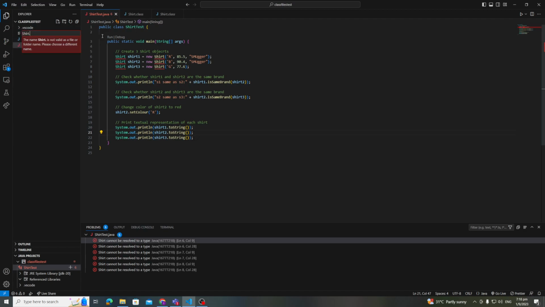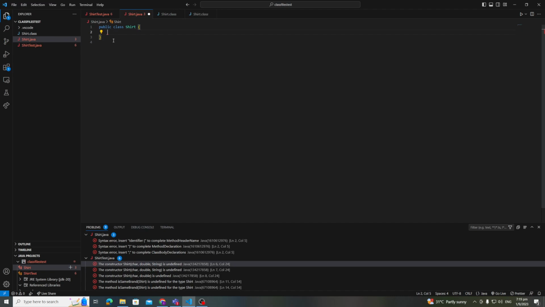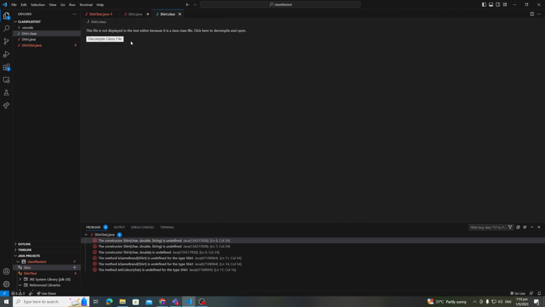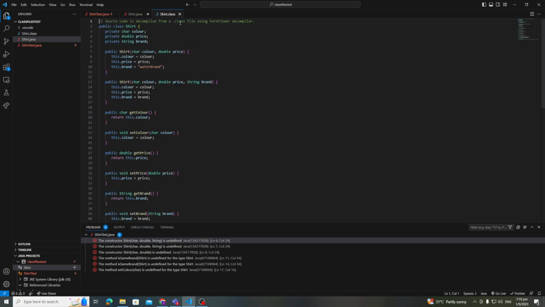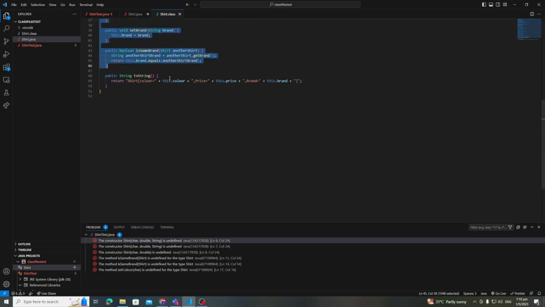Whether that's just creating it and filling it up with whatever we want, or alternatively, I know some of you have been using decompilers like this. This is a decompiler extension that I have. There are also online decompilers that you can use if you do not want to use the extension, but this is way easier. You can install this under extensions. Once I have decompiled it, you see that it gives me the actual source code. So what I want to do is copy it